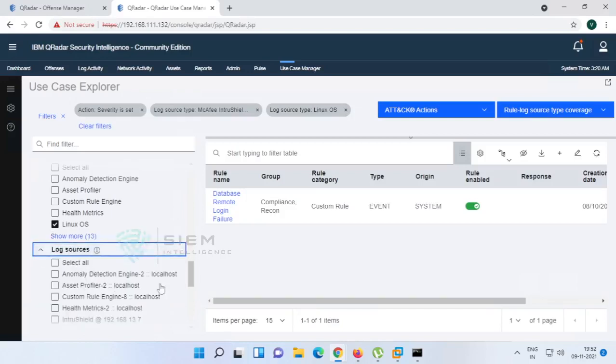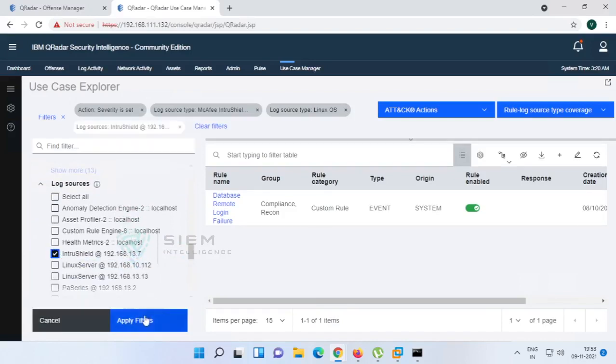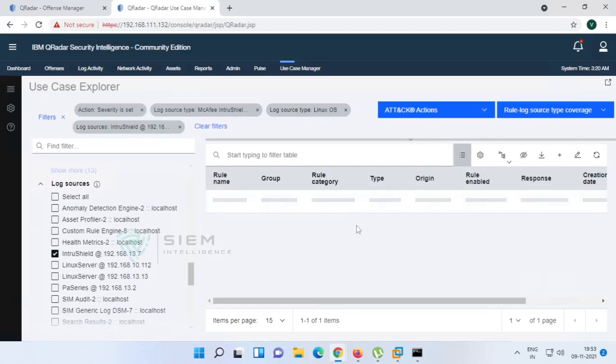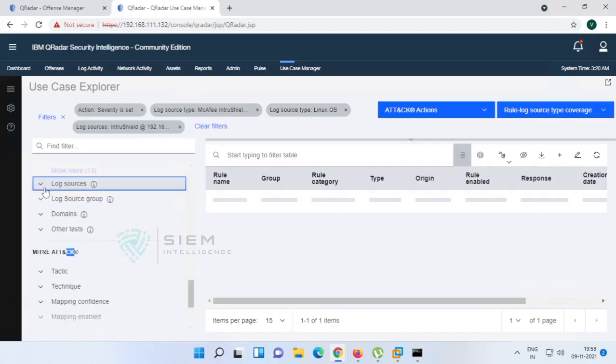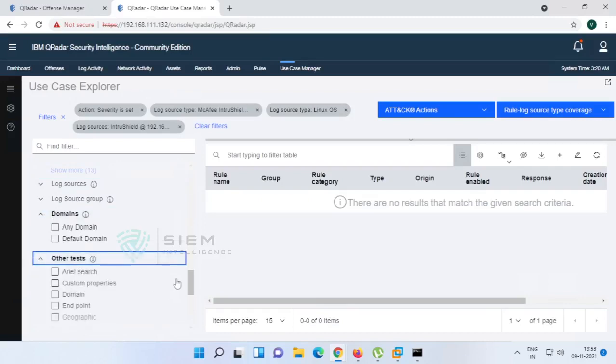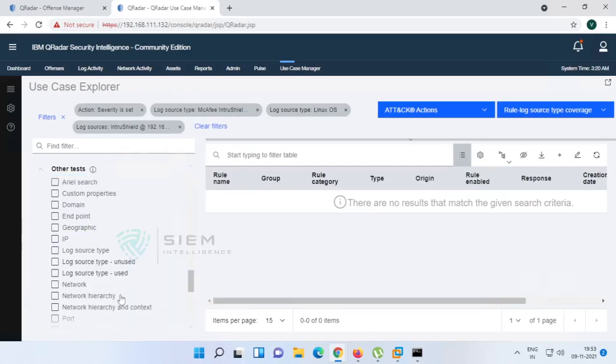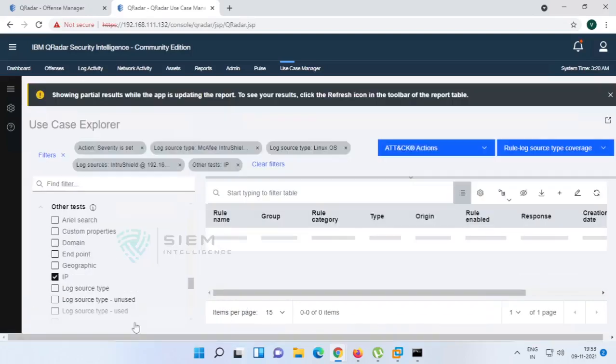So you can check by log source if you know the log source. On that basis, if you created anything, something like I'm creating this, but there is nothing, so it will not show anything. On the basis of domain, on the basis of other tests, aerial search, custom search, if you have any idea, this is what is called exploring towards your specific content. If you know only the IP, just go on the basis of IP. It is again under some synchronization process, so it will take some time again.